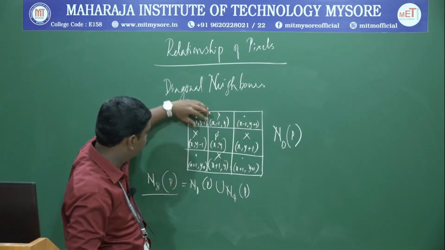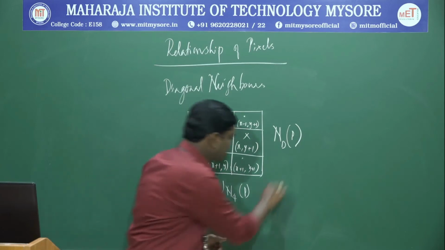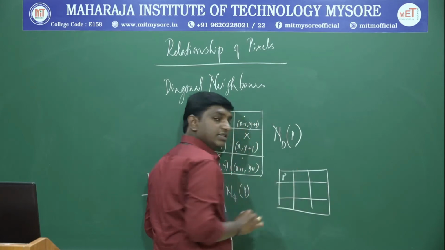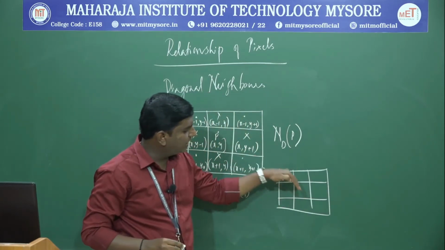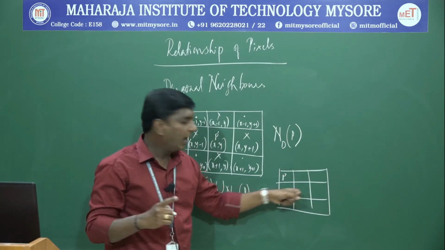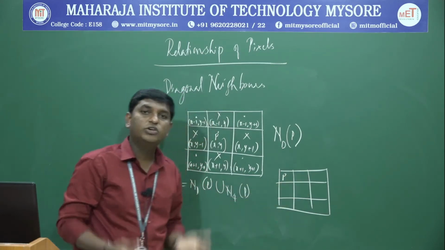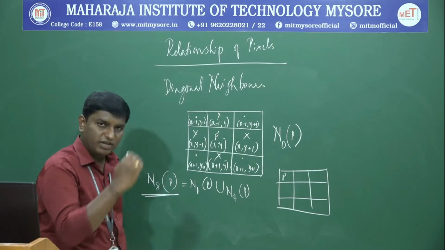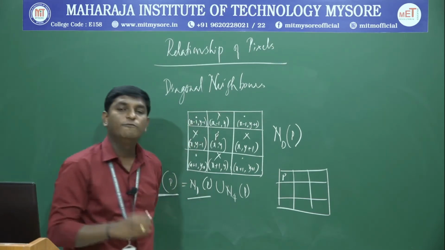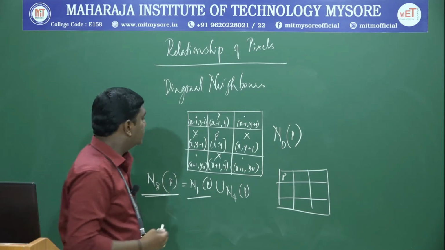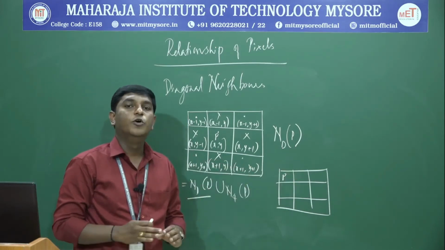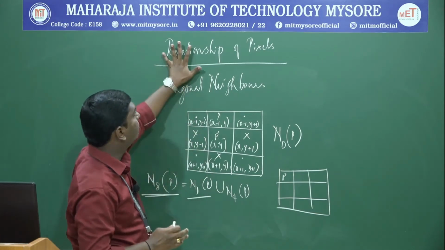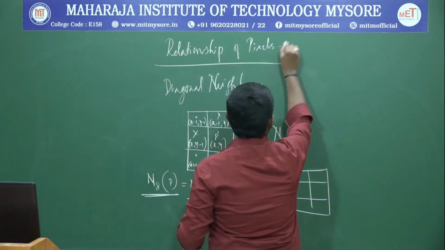In boundary pixels, what happens is this N8 will not have 8 pixels. If this P of x is available at the boundary, how does it look? If P is available here, its diagonally available neighbor is only 1. And what about N8? N8 is also less. So for boundary pixels, N8 of P will be less, and ND of P will also be less. Therefore, such boundary pixels will not have fully available neighbors on all sides. This is the concept of the relationship of pixels with their neighbors.